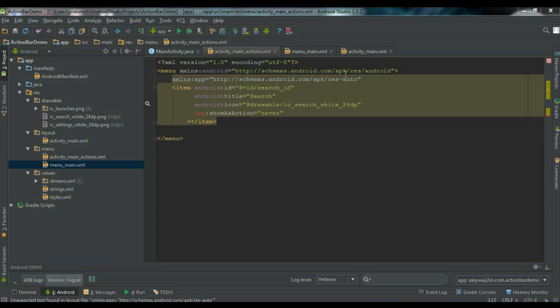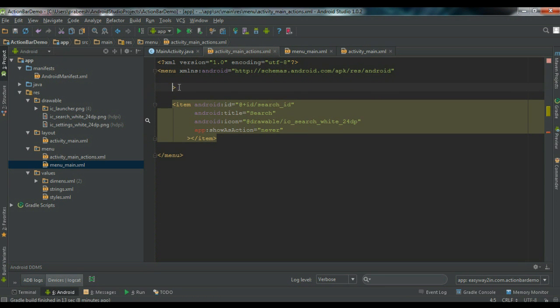There is still an error. Yeah, you need to put it inside that bracket, inside this bracket, that is the error. Yeah, now it's fine. Okay, so now here we have only one item called search item, and that has a